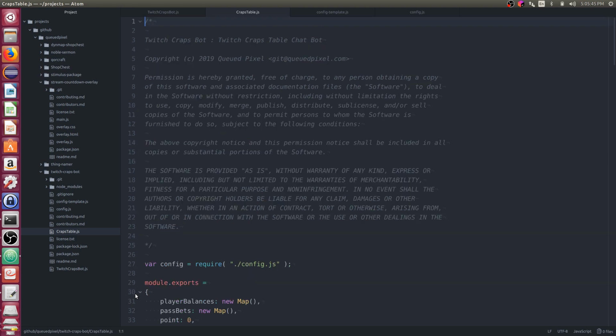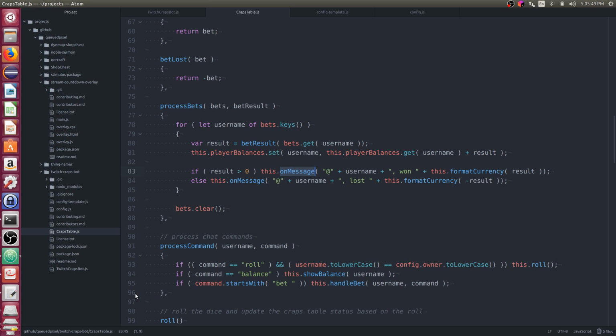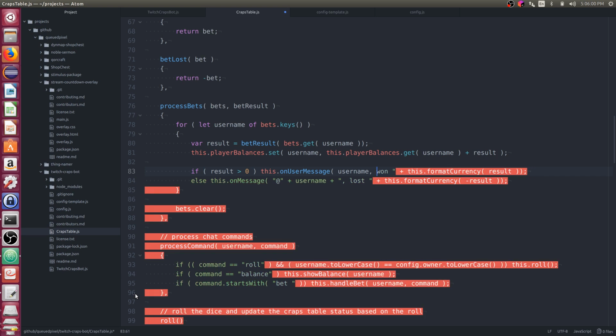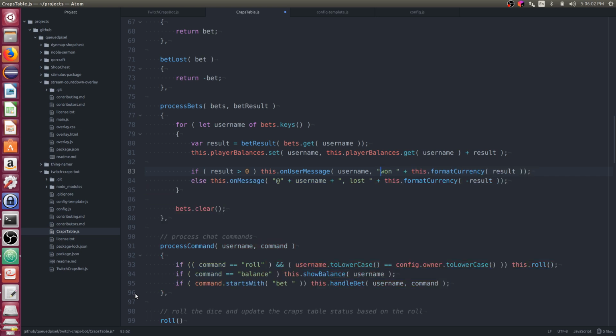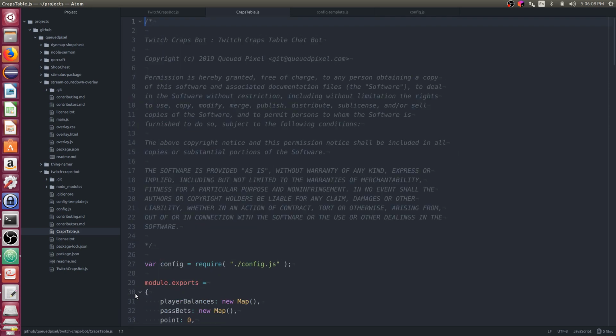So let's go look at this one more time. So this dot on user message, say username, comma, and let's add a space after the comma here. Already got that. Never mind. That is good.